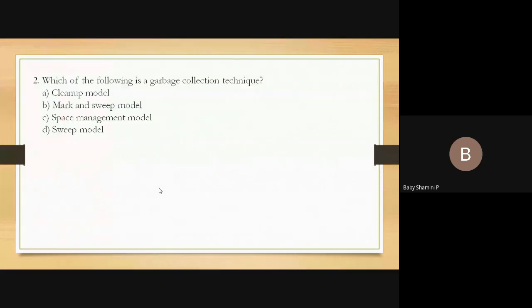Next one, which of the following is a garbage collection technique? Which of the following is a garbage collection technique? Any answer?